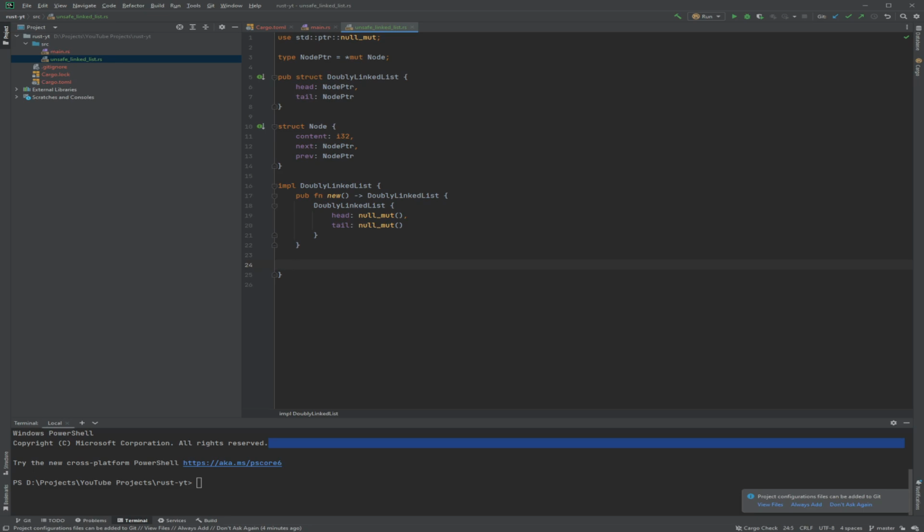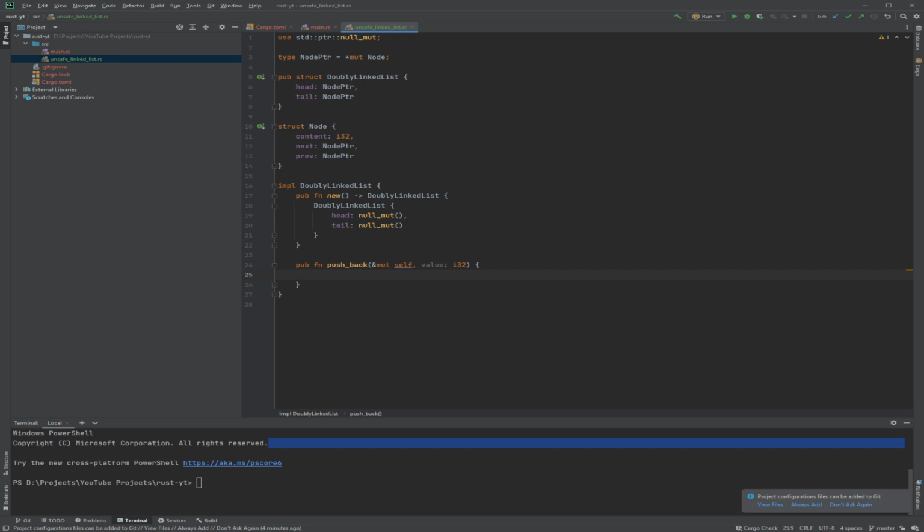So obviously one of the first things we want to do is push back, or just add something to the tail. And if there's no tail or head, we create a tail or head. Since it's a method and not a static function, we need a reference to self. It has to be mutable because we want to change it. And of course the value we want to push. So that's the first thing.